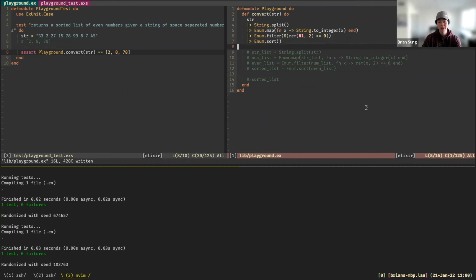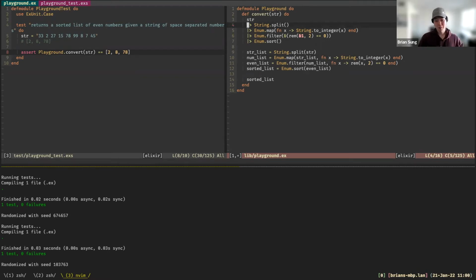And cool, our test still passed, but it's a lot better to read it like this, as opposed to following this. This might be easy for some people, but personally, I would rather look at it like this because it's much cleaner and more declarative. So that's piping. I really like piping just because of that. This looks very clean in my opinion. All right, so piping 101 done.